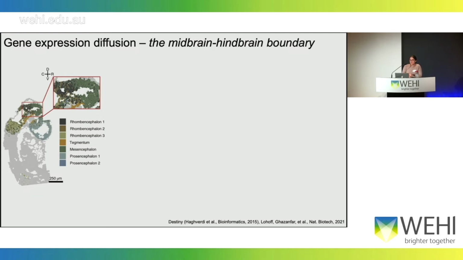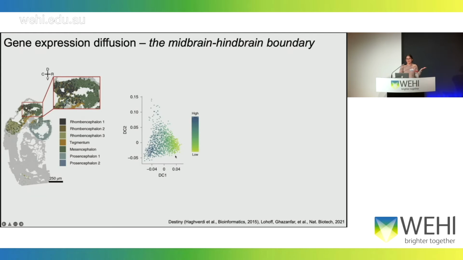And I'm zooming in on this region that corresponds to the MHB. We can see that there's a bit of a difference between the annotated cell types, the sub-cell types. What we could do was take those cells, using the gene expression information, and embed them into a diffusion component space. Here we've colored based on diffusion component 1.